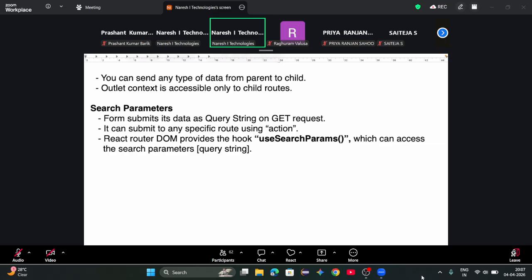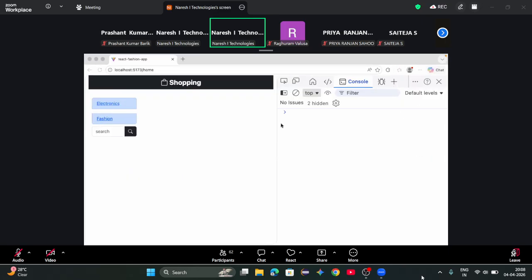Generally in JavaScript, which method can collect the query string? In JavaScript also we can collect the query string. How? URLSearchParams. In JavaScript, you have a method called URLSearchParams. By using URLSearchParams, you can collect the search string. That means in the actual DOM, how you can collect it is, suppose I am searching for